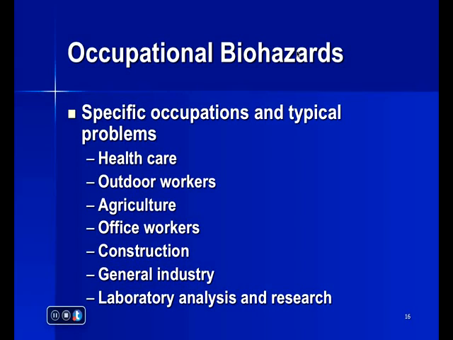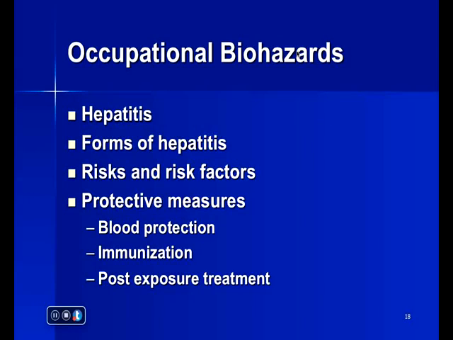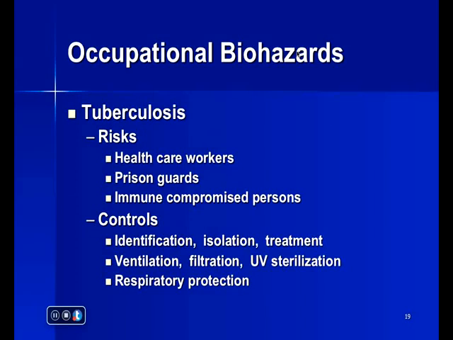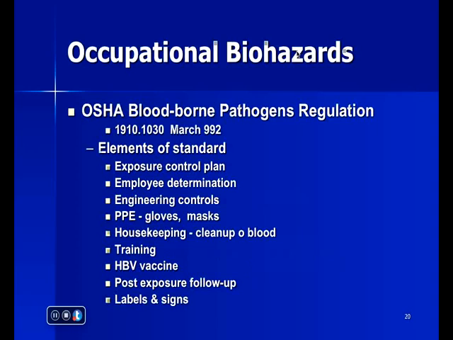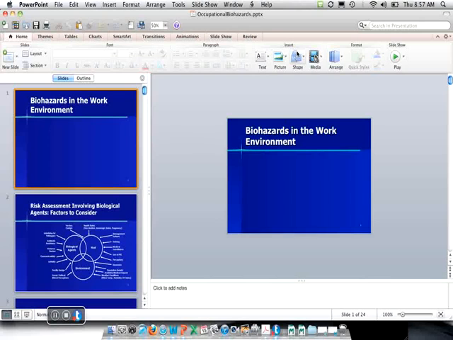And basically anybody who's exposed to an occupational biohazard in any industry can have a problem. And I just have a laundry list of things here. And just a few slides here that you can read on your own for things to do for HIV, precautions that need to be taken, for hepatitis, precautions that need to be taken. Tuberculosis is also an area that precautions need to be taken, and the bloodborne pathogen standard does cover those areas. And I think I'll just skip that material because I did want to spend some time going through the